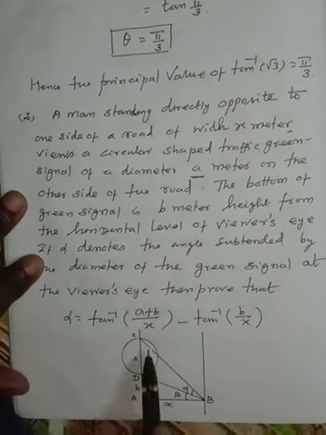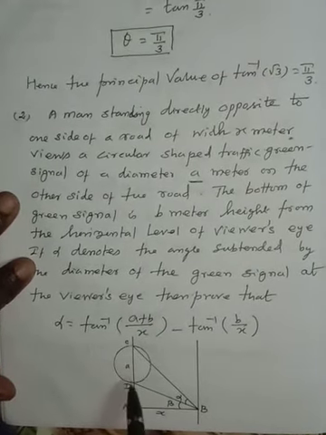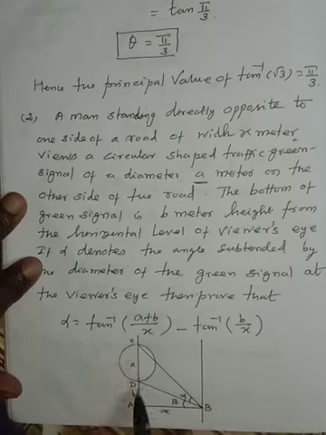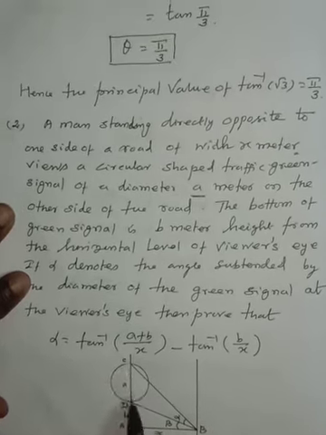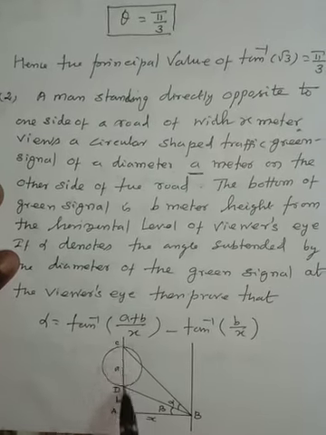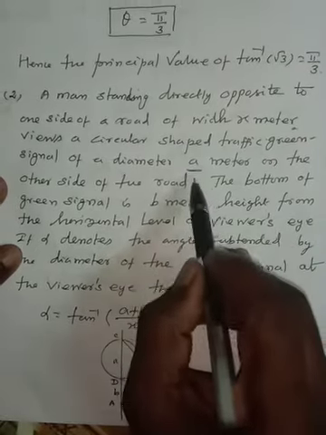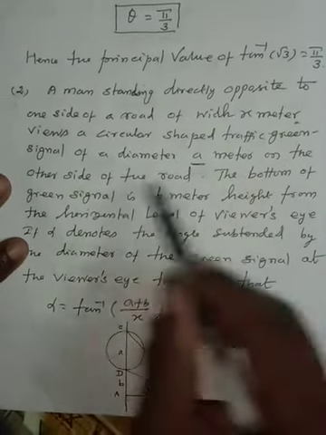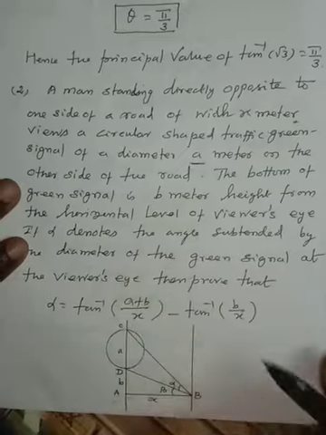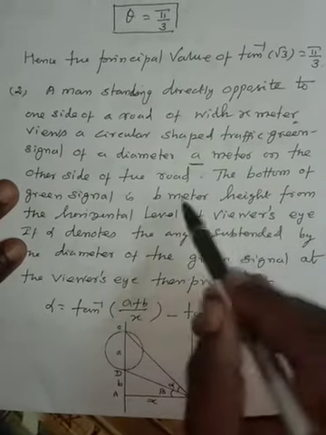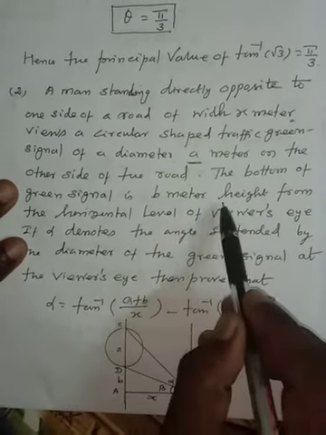Let us take this as a circular path; the diameter is CD, and the length of the diameter is a meter. On the other side of the road,